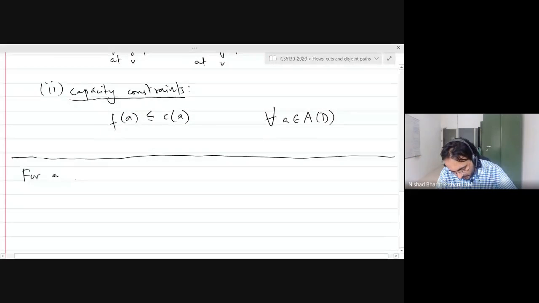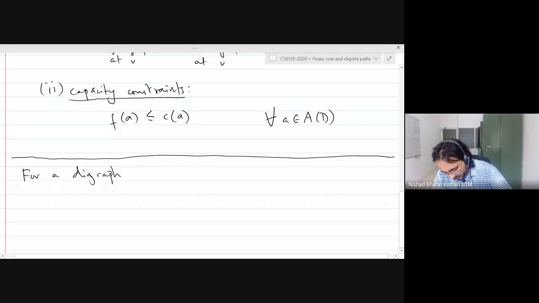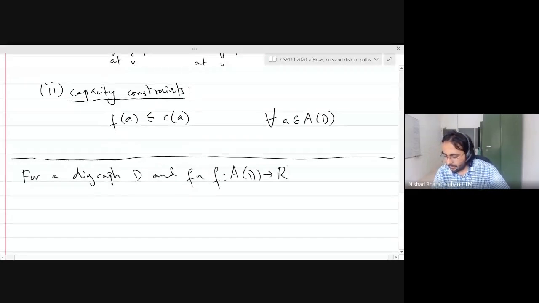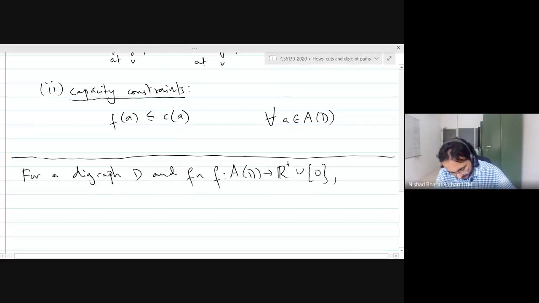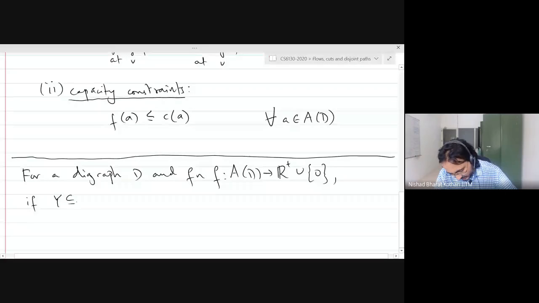For a digraph D and function f from the arcs of the digraph to non-negative reals, if you give me any subset, if y is any subset of the arcs,